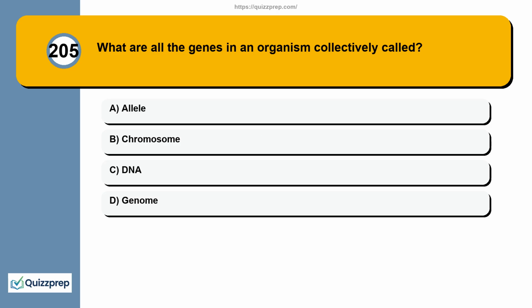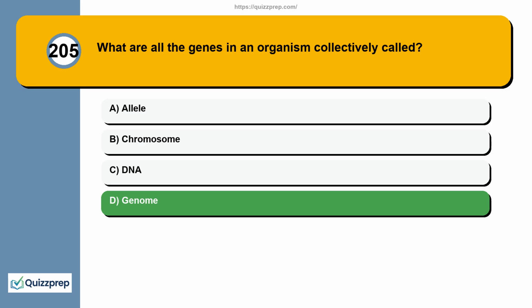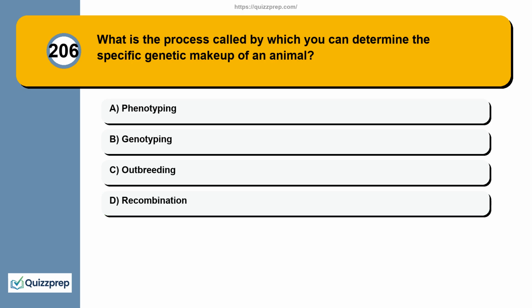Question 205. What are all the genes in an organism collectively called? Option A. Allele. Option B. Chromosome. Option C. DNA. Option D. Genome. The correct answer is option D. Genome. Question 206. What is the process called by which you can determine the specific genetic makeup of an